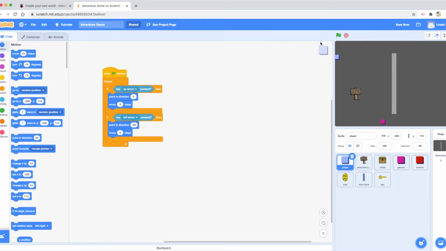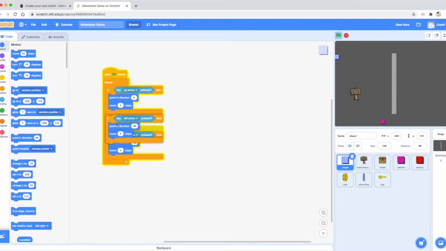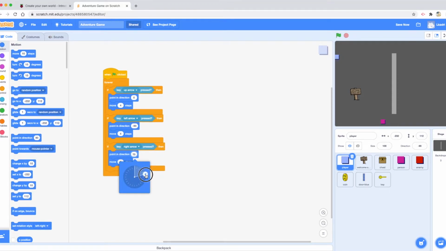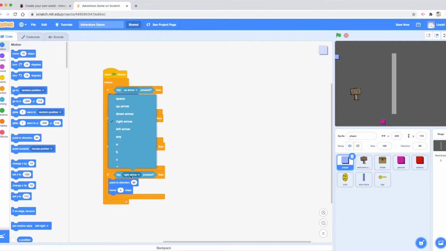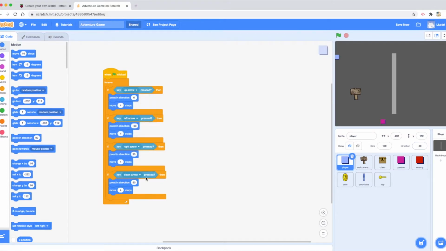I then need to do the same for the down arrow and the right arrow. If I right click this part of the code, I can duplicate it and drag it underneath. I can then change this to the right arrow and this to 90 degrees. And then I can duplicate this again and drag it underneath, and then choose the down arrow, and remember to go down we need it to be 180, so if we press the green flag it can now move to the right, up, down and left,